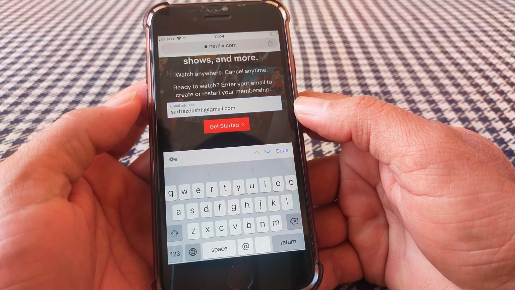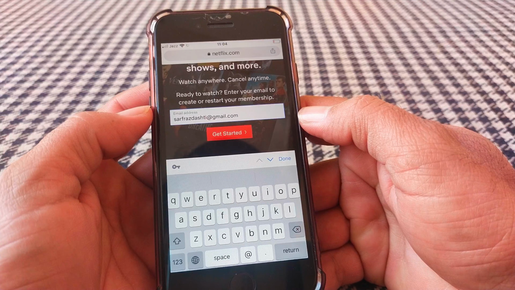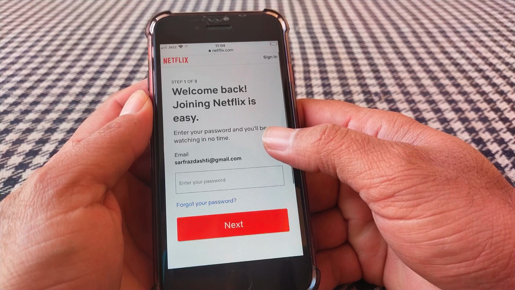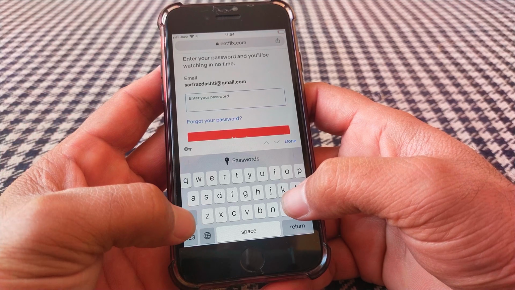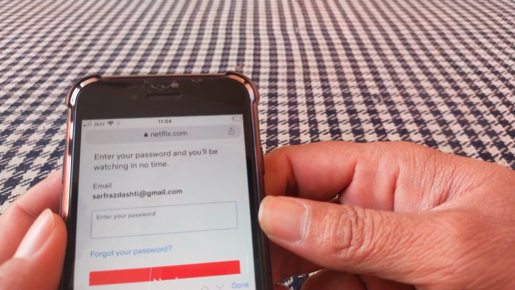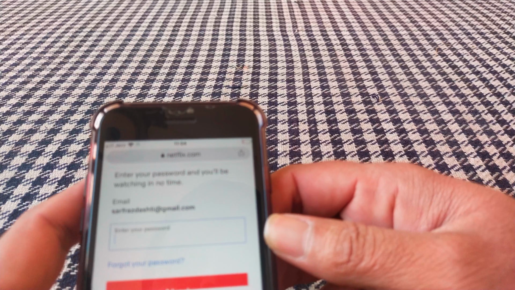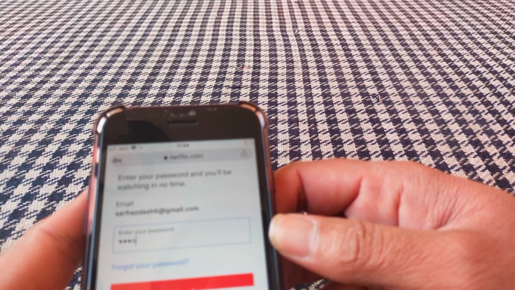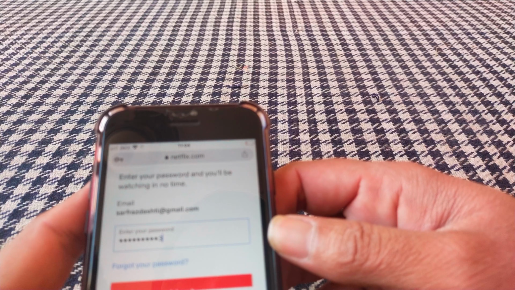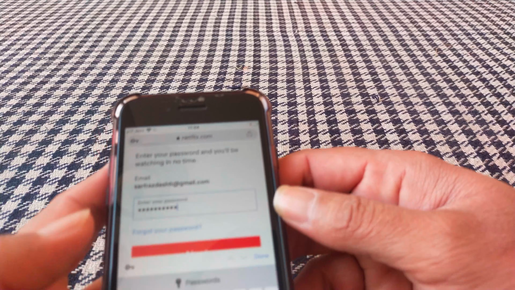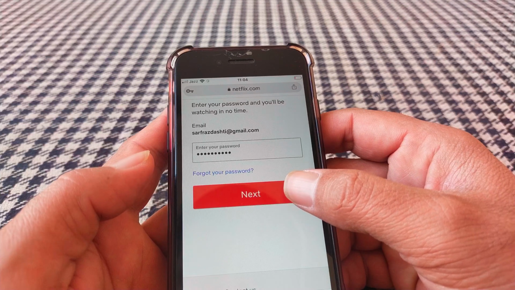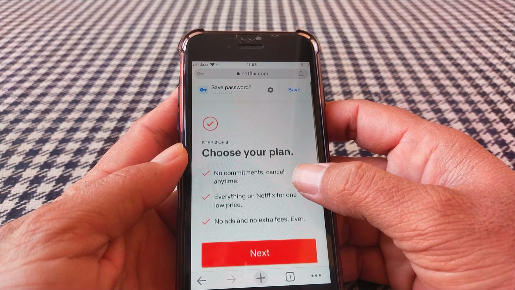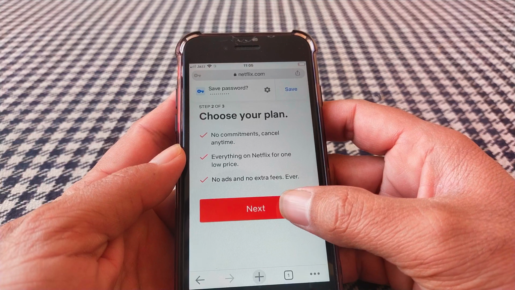So search for this, and then here what you have to do is just give your email address, and then after that tap here on get started, and now here give your Netflix account password. And after that what you have to do is just tap here on next, and now scroll it down here and again tap here on next,